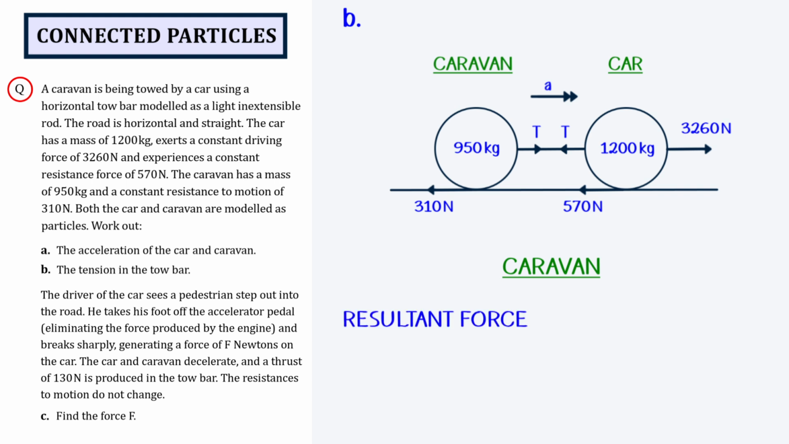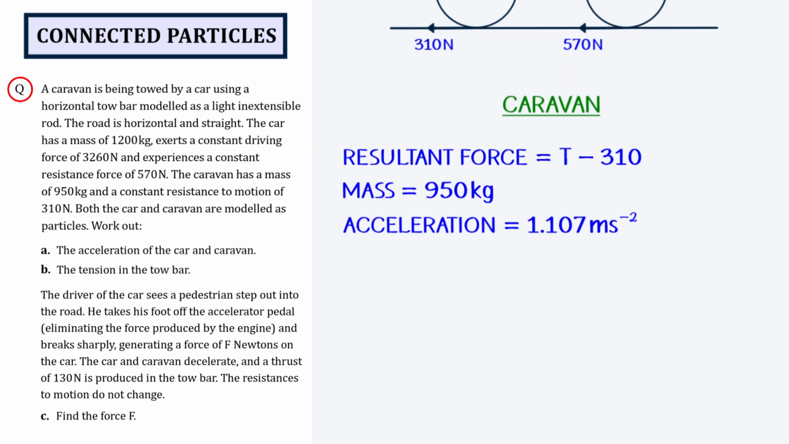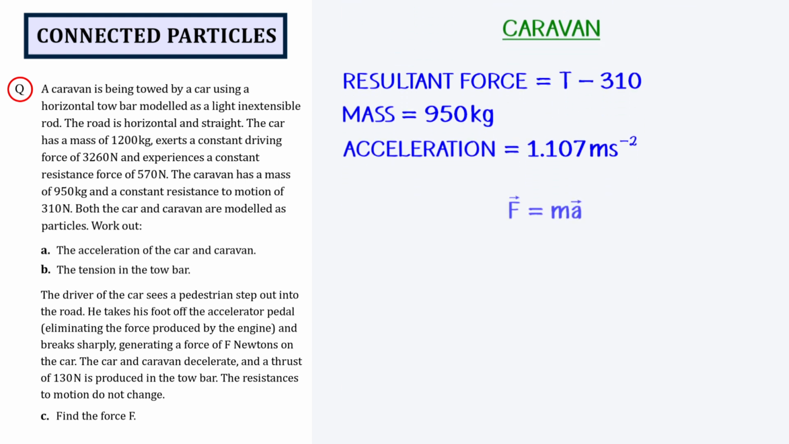So the resultant force acting on the caravan is T, the tension in the tow bar, minus 310 newtons, which is the total resistance force. And we also know that the mass of the caravan is 950 kilograms and the acceleration is 1.107 meters per second squared. Therefore, using Newton's second law, F equals ma, we have T minus 310 is equal to 950 multiplied by